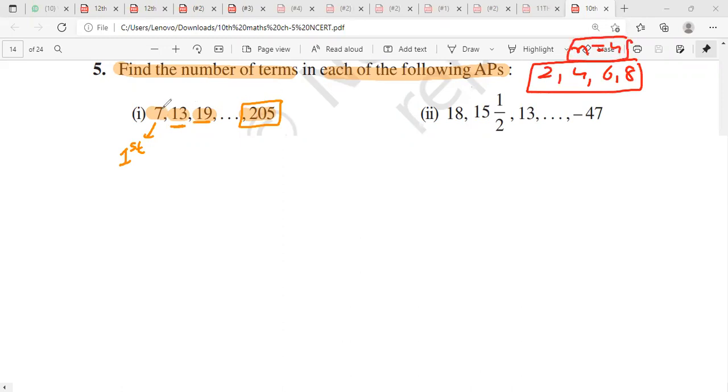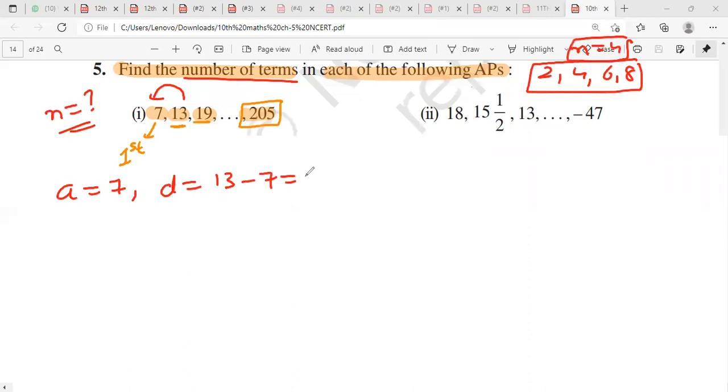अब मैंने कहा अब ये बताओ 7, 13, 19 in a sequence up to 205, तो इस एपी में टोटल टर्म्स कितनी होगी? तो नंबर ऑफ टर्म्स, इसका मतलब मैं आपसे पूछ रहा हूँ वैल्यू ऑफ n कि कितनी टोटल टर्म्स होंगी, राइट? तो व्हाट हैज बीन गिवन हियर, वैल्यू ऑफ a दैट इज 7. कॉमन डिफरेंस we can find 13 minus 7, that is equal to 6. और जो लास्ट टर्म होती है उसको हम क्या कहते हैं? nth टर्म, दैट इज an. तो here value of an also given in this question.